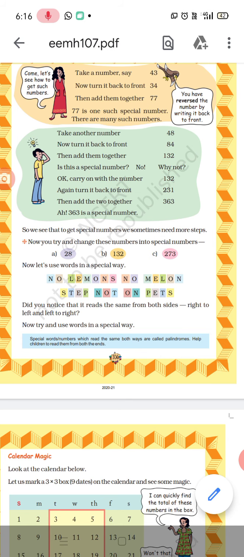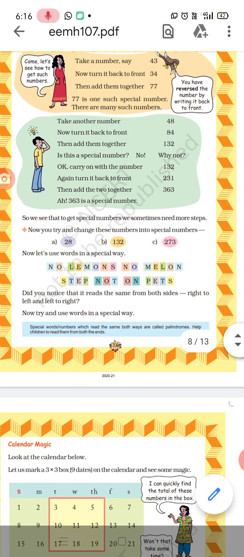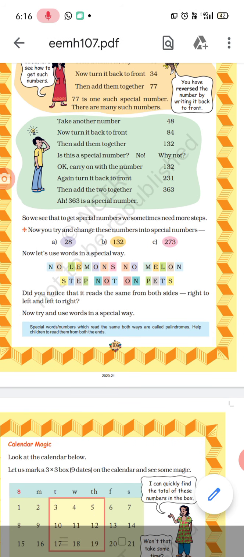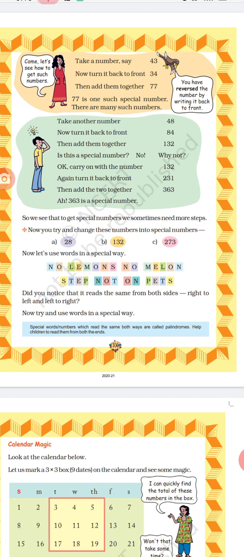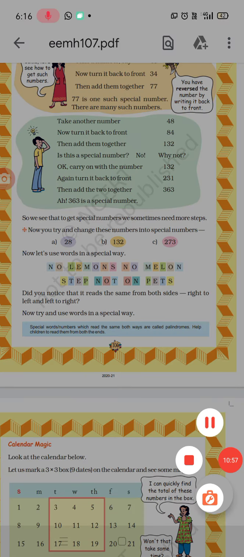बैकवर्ड से फॉरवर्ड, लेफ़्ट टू राइट और राइट टू लेफ़्ट, if you say it from left to right and right to left, नंबर जो भी आप बोलोगे प्रोनाउंसिएशन सेम ही होगा. 77, 77. If you speak from forward to backward and backward to forward, it is the same. Right students? Okay, now let's go ahead.